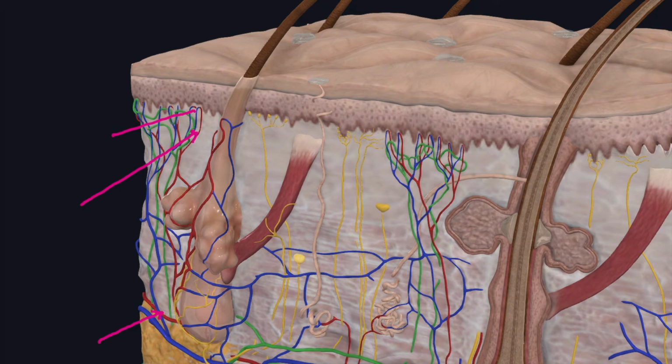The veins from the dermal papilla drain into the plexus which is present in the dermis, which drains into the venous plexus lying on the deep fascia. A special feature of the blood supply of the skin is the presence of numerous arteriovenous anastomoses. These regulate the blood flow through the capillary bed and thus help in maintaining the body temperature. Next we'll see about the nerve supply.